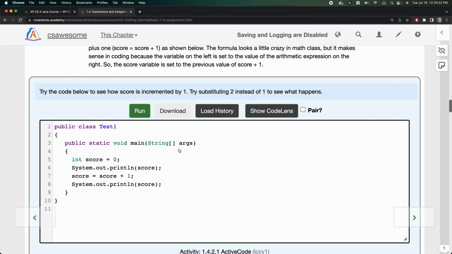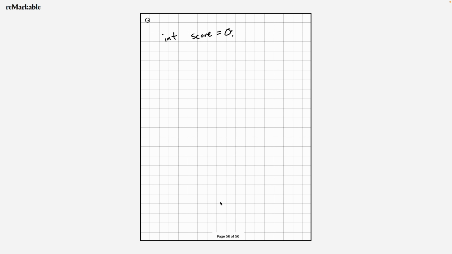All right. Adding 1 to a variable, otherwise known as incrementing. So let's say I have int score equals 0. I can increment or add 1 to my variable. When this code runs, we can imagine that there's a little box somewhere with the number 0 in it. If on the next line of code I say score equals score plus 1,